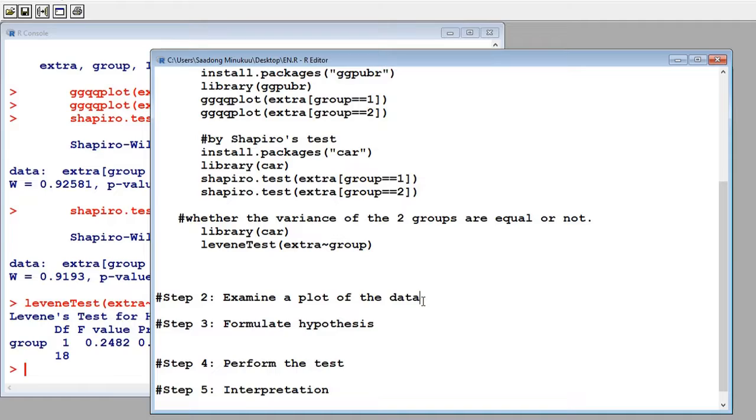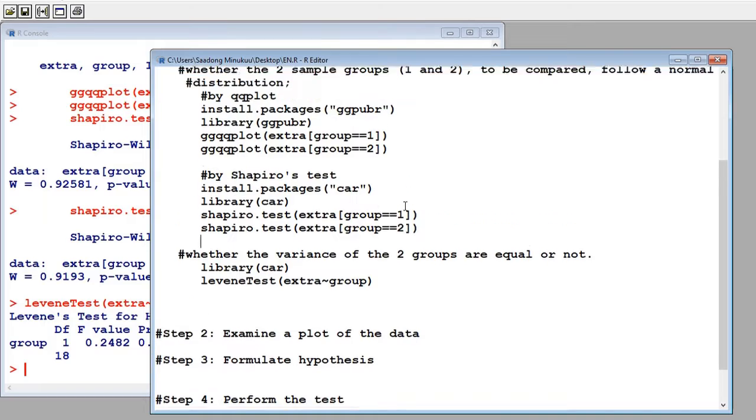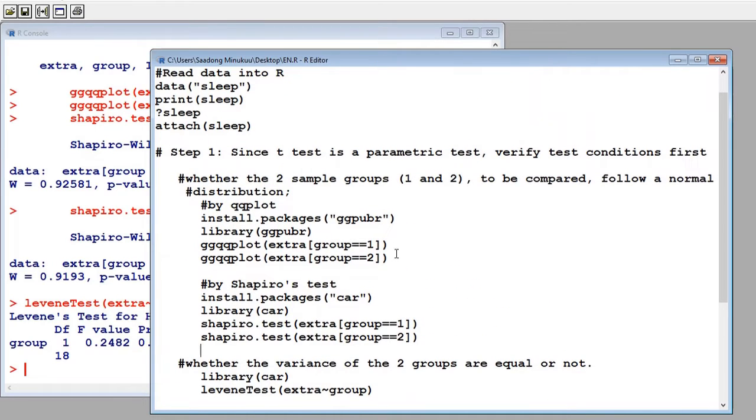But we can still go ahead and explore our data to see whether, for instance, based on a box plot, we will be able to tell whether the median of group 1 is greater than that of group 2, and then we will be able to formulate our hypothesis, and then do the t-test. So now, based on the conditions that we've just verified, we've been able to prove that